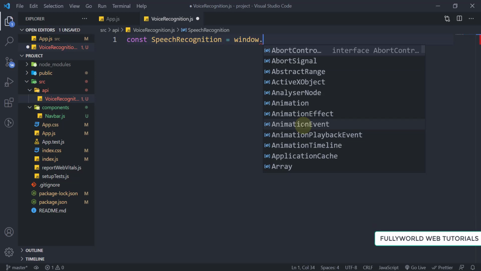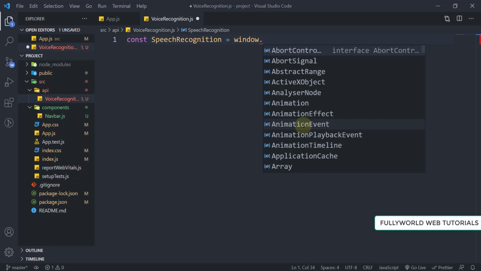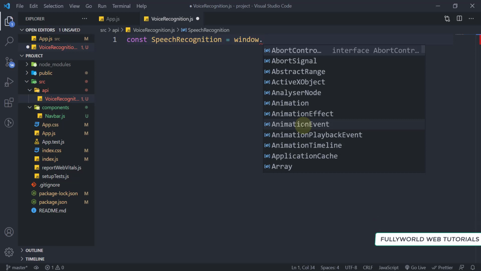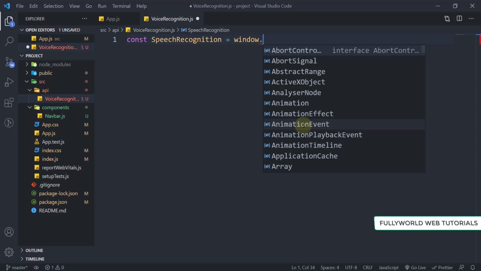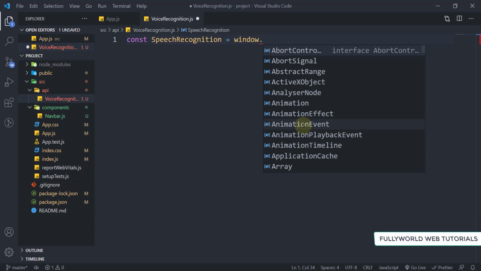So please, if you don't know about this speech recognition, then you can watch my voice to text video. After watching that, please come back here. I will give the link in the video description, and at the end of this video it will also be shown to you as an end screen, so you can also go there for that.